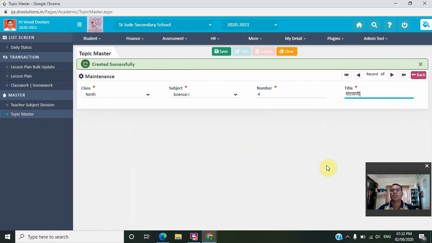You can copy directly from the PDF, or if you do not have one, convert the first page of your topic into a PDF, copy it and paste it into the title bar. You will find that the title is saved. Like this you can save the title in languages other than English, that is Hindi and Marathi also. Now you can enter the topics like this, and now the question arises where it is saved. I saved only 3 topics.